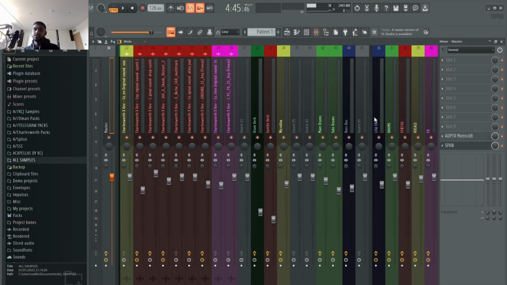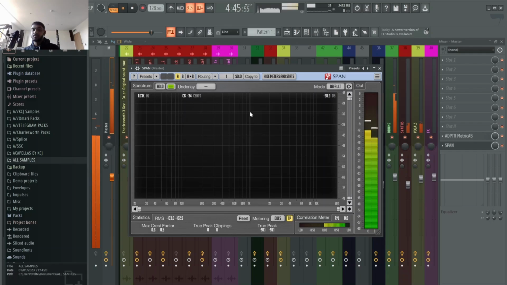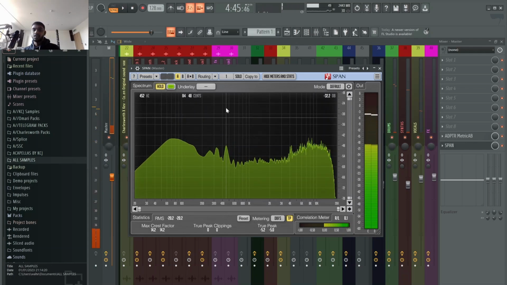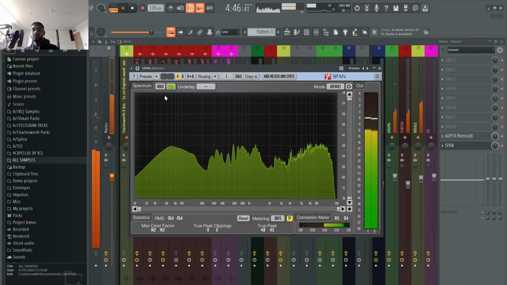So let's go back onto Span and have a look at what Span's saying. Let's just hold it there. Let's just slow down real quick. As we can see, this line on the y-axis going, it's following the x-axis. I don't know, it's been a while since I've done maths. Basically, this line going across, very similar in terms of volume. And if we play the track now,